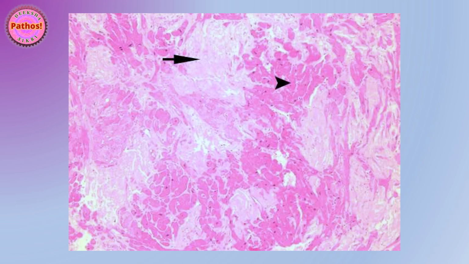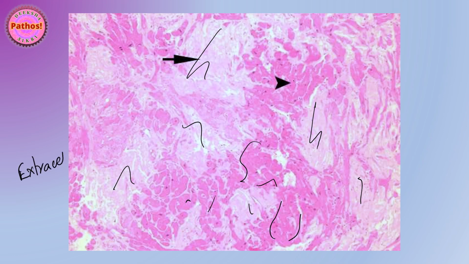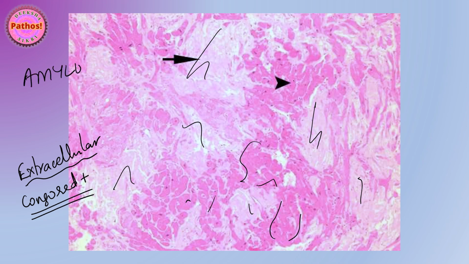Next, this is a cardiac biopsy. These are, you can make out cardiac myocytes, the large arrowhead. But in between, I hope you can make out again deposition of something pink. As you can make out, it is classically extracellular, and I would call it hyaline, but then I'd also tell you that this is Congo red positive. Suppose I tell you it's Congo red positive. What would you call it? You would call it amyloid.